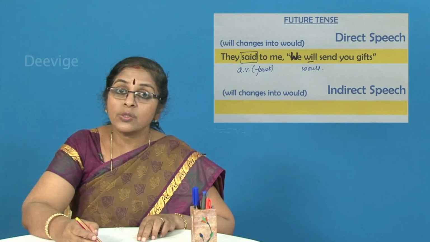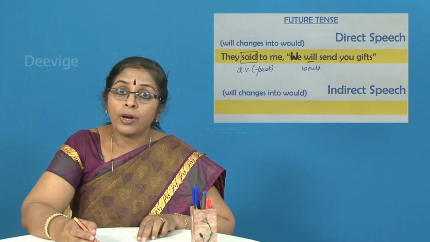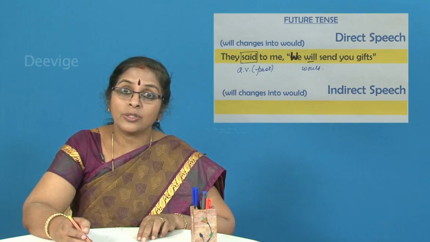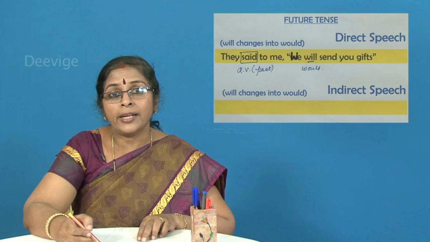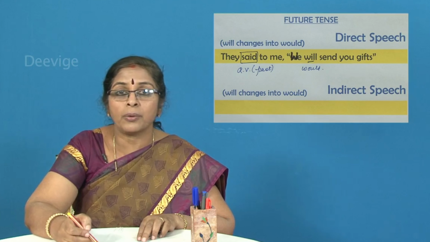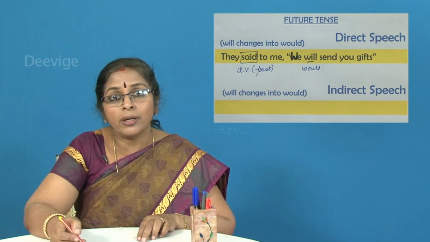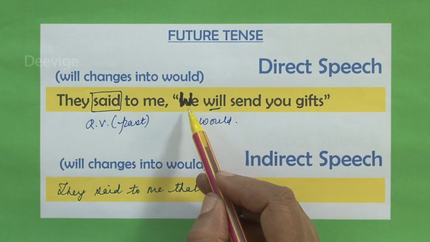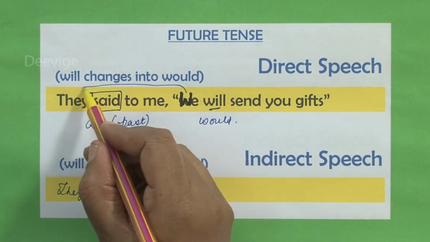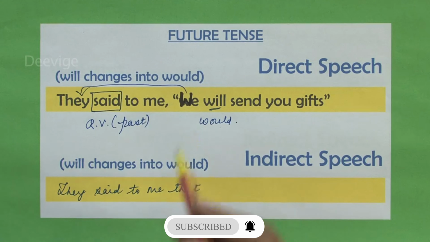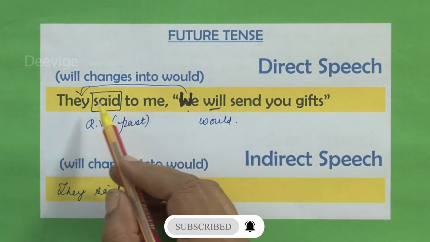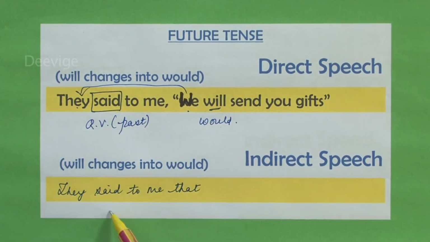Now, we is the pronoun. We have already discussed what a pronoun is. Pronoun ends with the word noun. So that means it is a word which is used instead of a noun. It is a word which represents the noun. It is a word that stands for a noun. Okay, so we will also be a reference to this word they. So when you change it from the direct to the indirect speech, you will not write it as we, you will write it as they. They said to me that they.